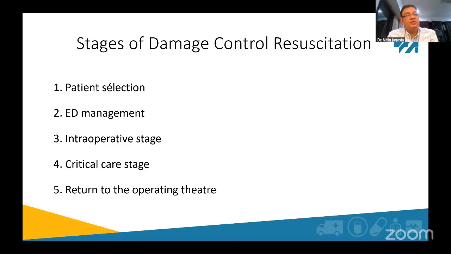This is in a very sick patient who is severely acidotic, where you are just trying to get that control so that they can go back to critical care, get all those things corrected, get them warmed up again, get their acidosis corrected, get their blood products in line, and then come back to theater for the definitive surgery, which may be in the next 24 hours or in the next 48 hours, depending on how quickly you can get the physiology corrected to help with the recovery.